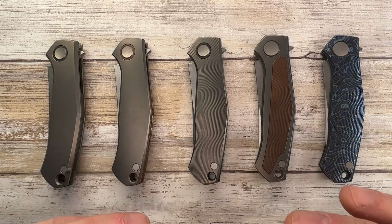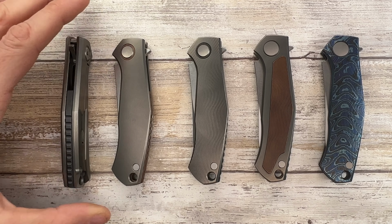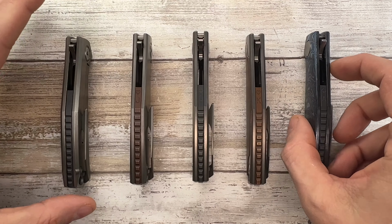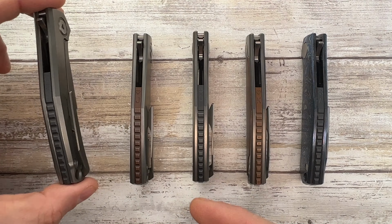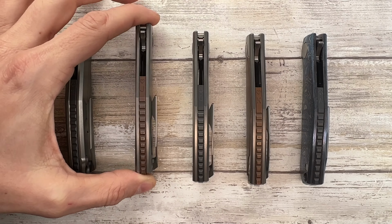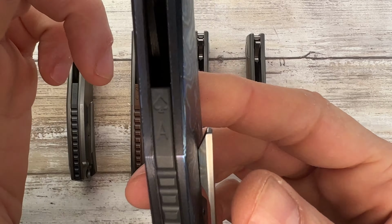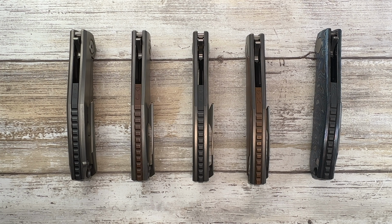There are 54 unique knives. And when I say unique, I mean it because if you see on the back spacer, each one has an engraving. For example, this is a 10 of clubs. You got the Jack of hearts, you got the Queen of clubs, King of hearts, and Ace of spades. So each one of them has a unique